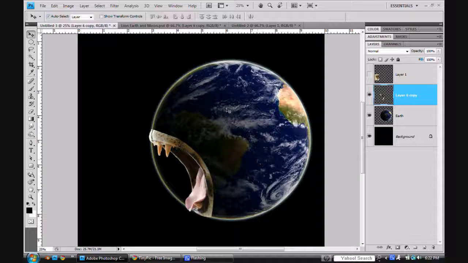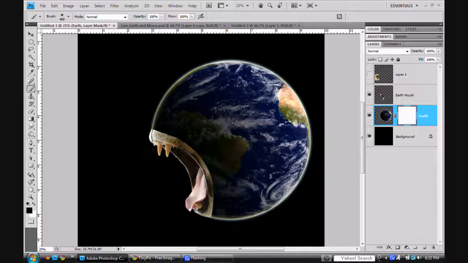Now this is going to be made up of 2-layer masks, so very simple setup. First we're going to work with the Earth's layer mask, so we go to the Earth panel. Oh, before we do that, we should name our cutout mouth. I'll just call it Earth Mouth. But anyways, now we go to our Earth panel and we add a layer mask. Then you just go to your brushes and set the opacity to about 100%. And then you just brush away some of this earth over here,